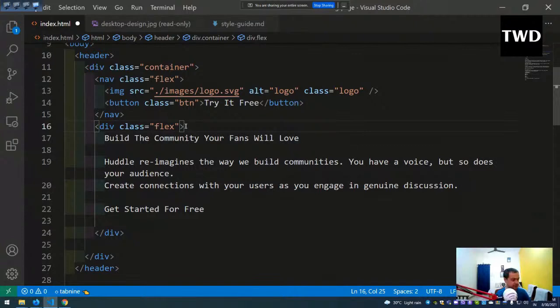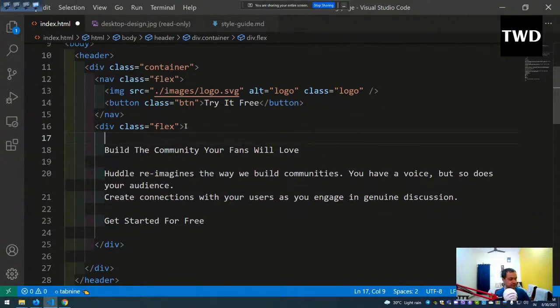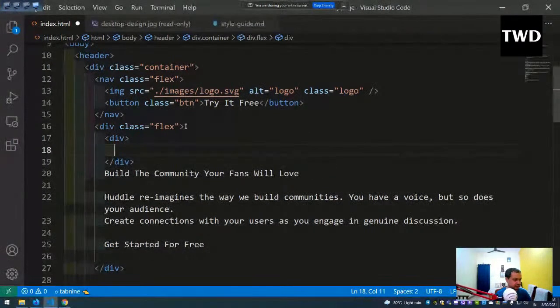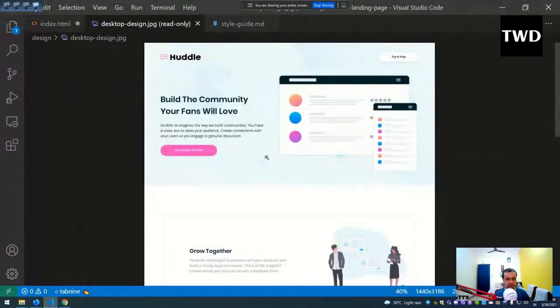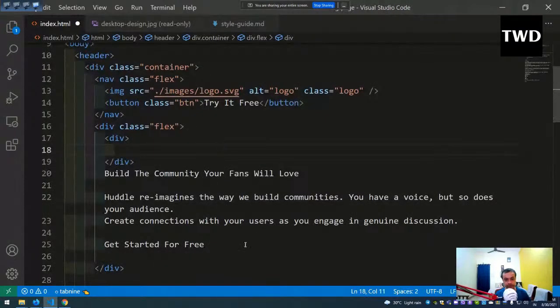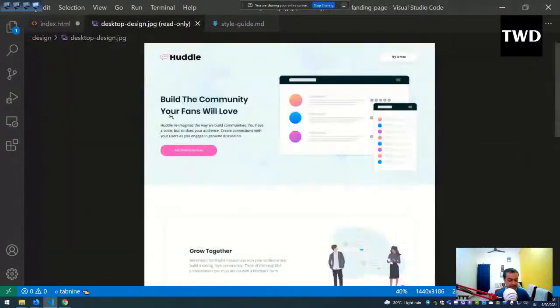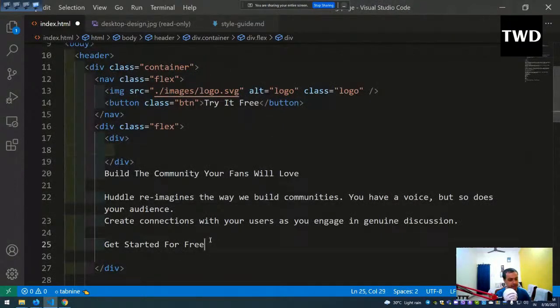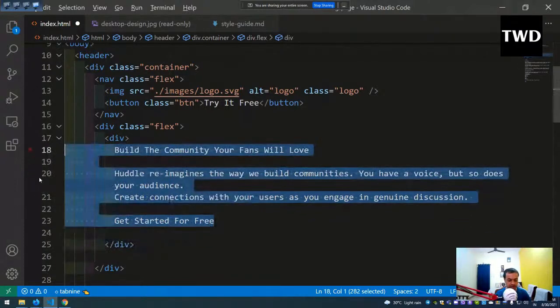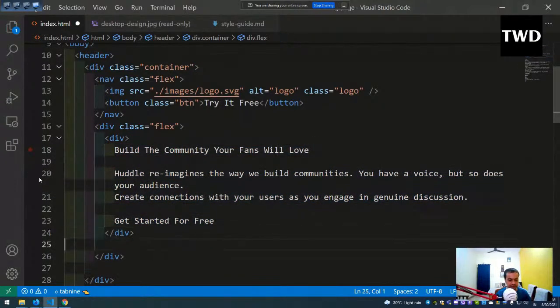Then inside this again div will be there, and we are going to use flexbox because we are going to divide it. If you see this two part we have to divide it, so we have to create a div here. Okay, so two divs will be there. One div will contain everything, get started for free and all these things, and one div will contain the image. Okay, so this all I will move top, and another div I will do,